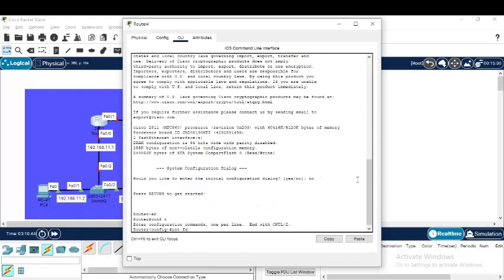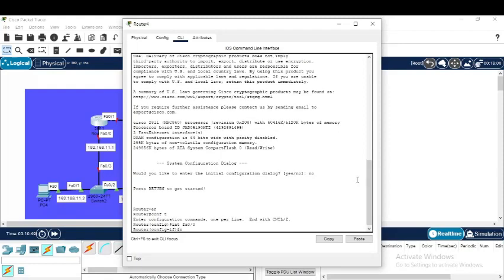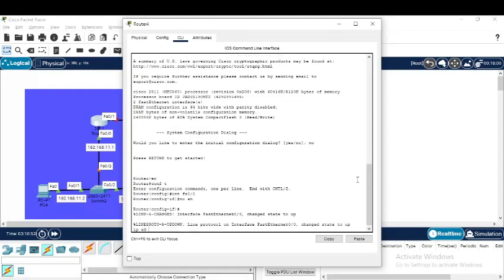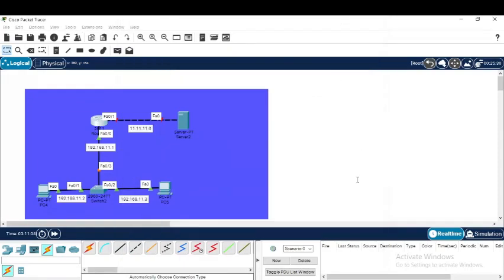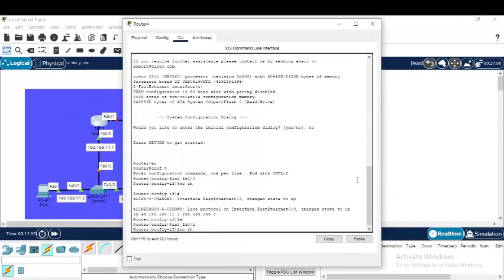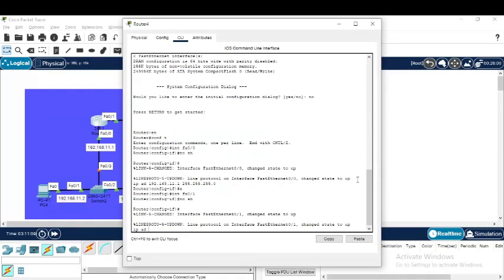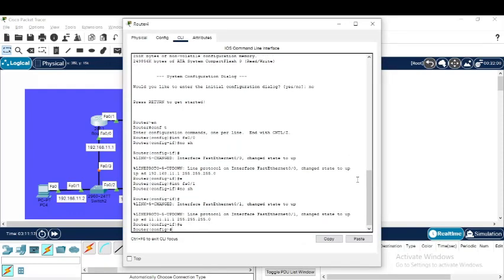Now we want to add the IP address to our switch, FA0/0. No shutdown. Entering the IP address 192.168.11.1, 255 for the subnet mask. Okay, interface FA0/1 goes to the server. No shutdown. Entering the IP address 11.255. Okay, now we want to add the